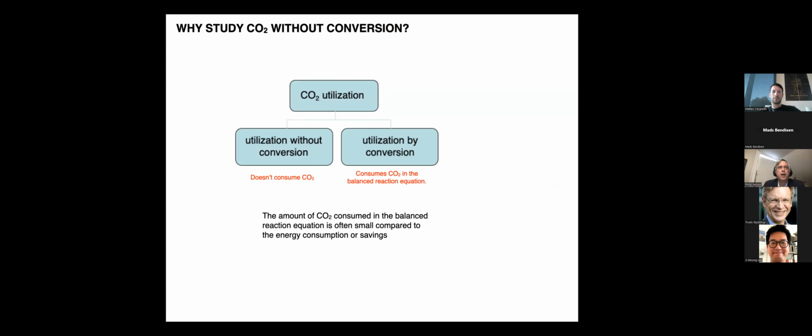So I often get asked, and I notice if I go to a conference on CO2 utilization, that almost all of the other talks are talks about CO2 conversion, not CO2 utilization without conversion, which is what I'm doing. My CO2 does not get converted into anything. It just gets recycled and maybe eventually released. And so people kind of wonder, well, why would you release the CO2 at the end? Why don't you convert it into methanol or some fancy product?